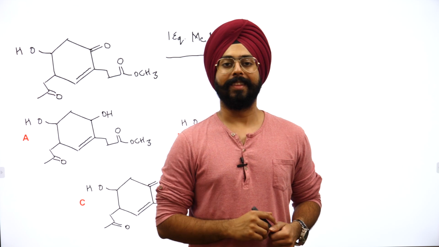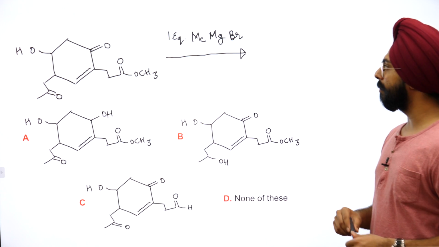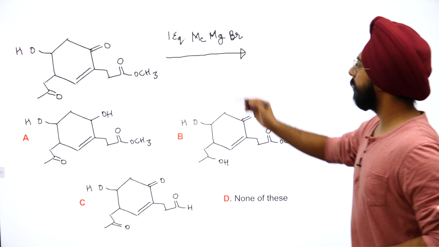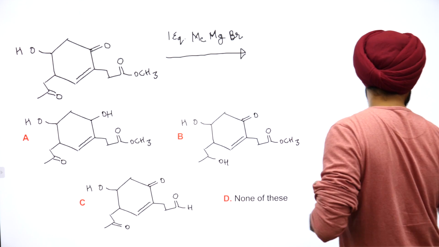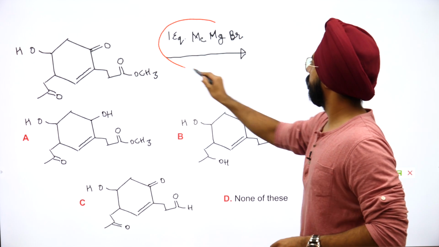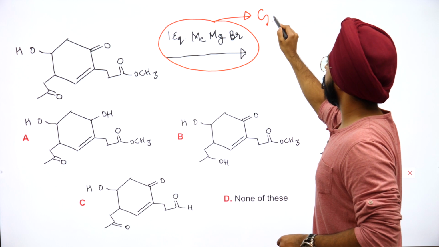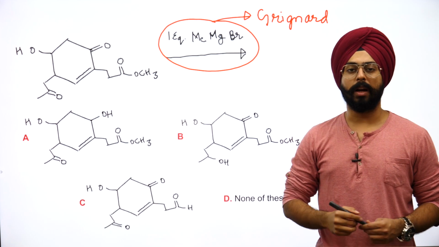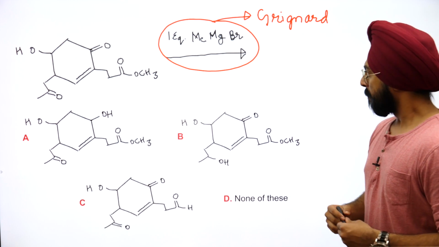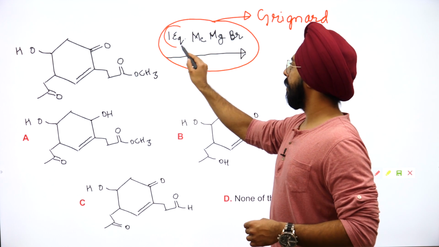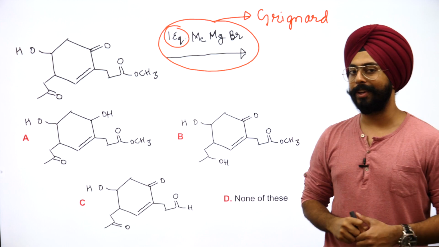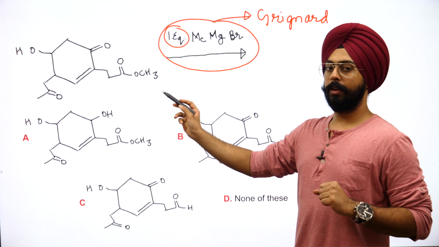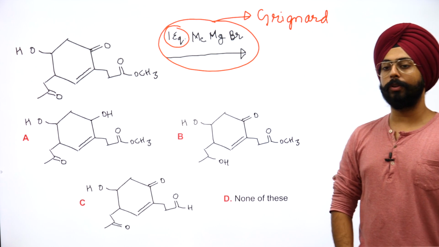Now let us look at this particular question. Yes. Now what is in this question? You've got one equivalent of MeMgBr. What is this, people? What is this thing? This is Grignard reagent. Yes. This is what? This is Grignard reagent. Now a lot of people would call it Grignard, but it's pronounced as Grignard. So now what has been given in this question is you have one equivalent of Grignard reagent. Just one equivalent. You have to react it with this particular species. What will be the product? Have a careful look at this question once, I am moving to the side.